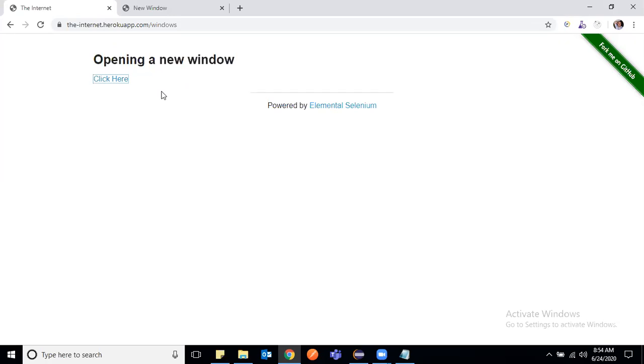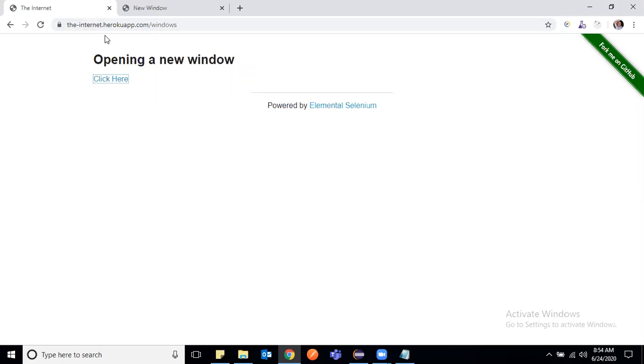What I was talking about is that when WebDriver opens a window, it assigns a unique ID, a window ID, to those browser windows.